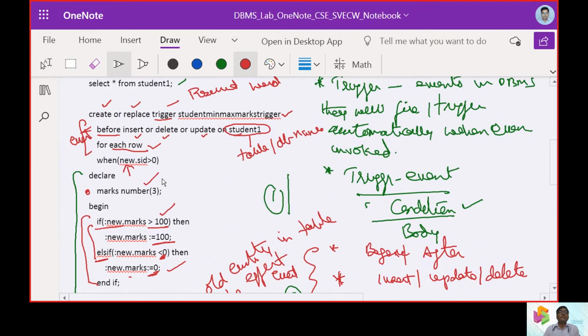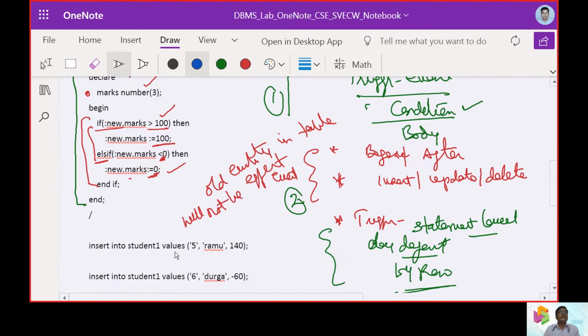So in trigger, as mentioned, the first thing we are going to have an event, then it is going to put up a condition, then on what database it is going to do, thereby it is going to put up for each row. So this is again important here, and thereby it says the condition part, that is the trigger body. So the trigger body is here.